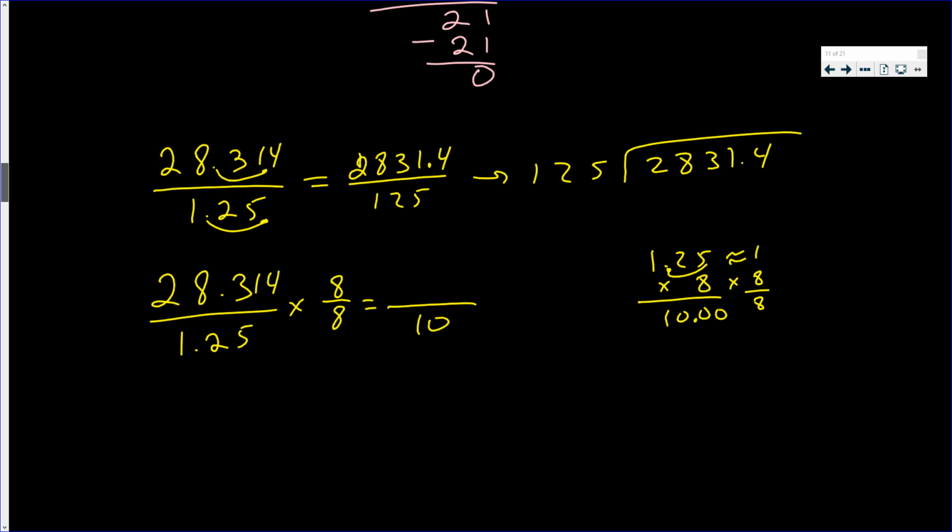And I have to compute 28.314 times 8. So I'm just multiplying by 8. 8 times 4 is 32. 8 times 1 plus 3 is 11. 8 times 3 plus 1 is 25. 8 times 8 is 64, plus 2 more is 66. 8 times 2 is 16, plus 6 is 22. So I get